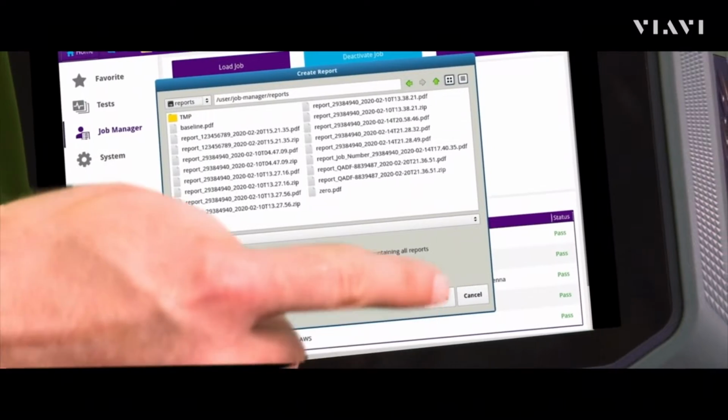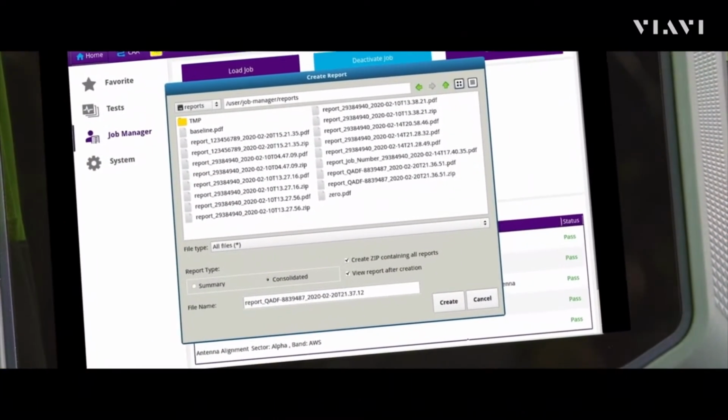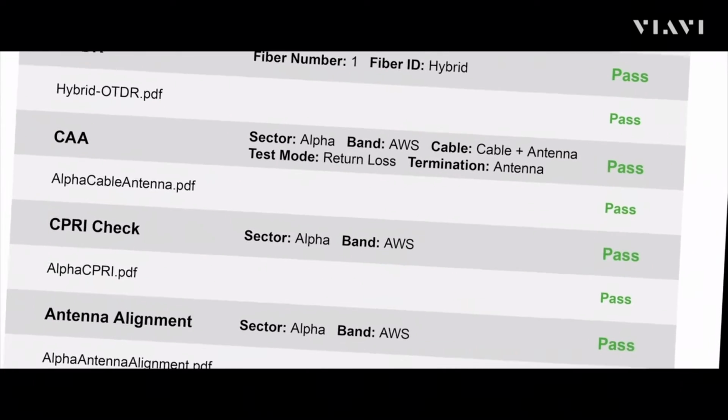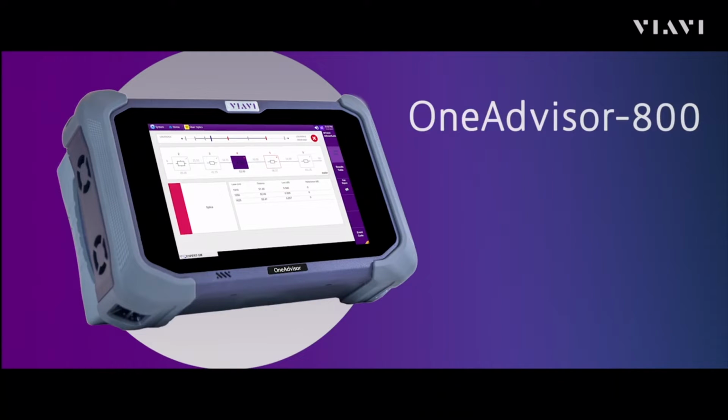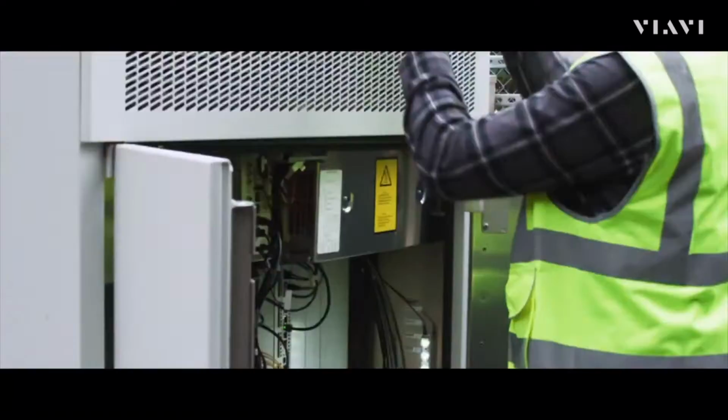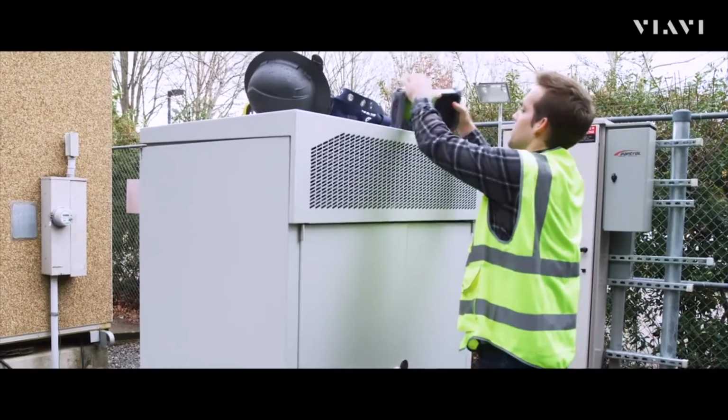OneAdvisor even consolidates results across all the tests, saving time not just while running the tests, but on the closeout reporting as well. OneAdvisor-800, one solution, one process, one report, so the cell site techs can get in, get out,